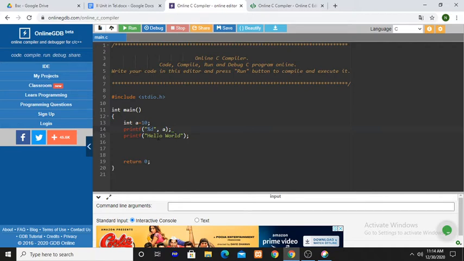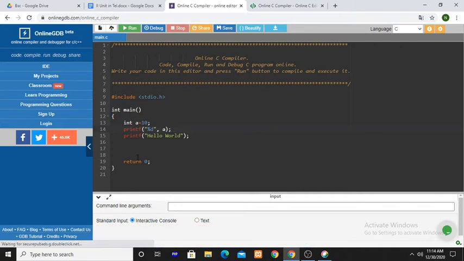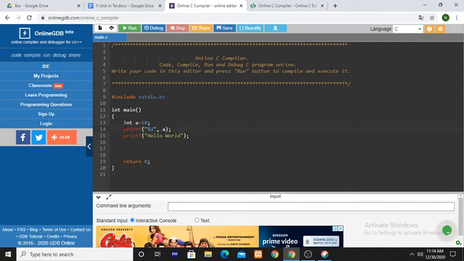And also there is no skipping of instructions. No statement is skipped. Skipped means the first statement executed and then the second statement is not executed, skipped. So after the first statement, the third statement is executed and then end of the program. Not like that. Okay.